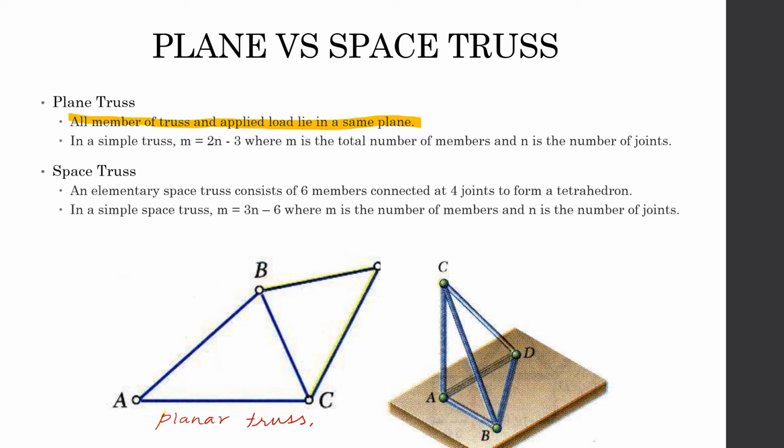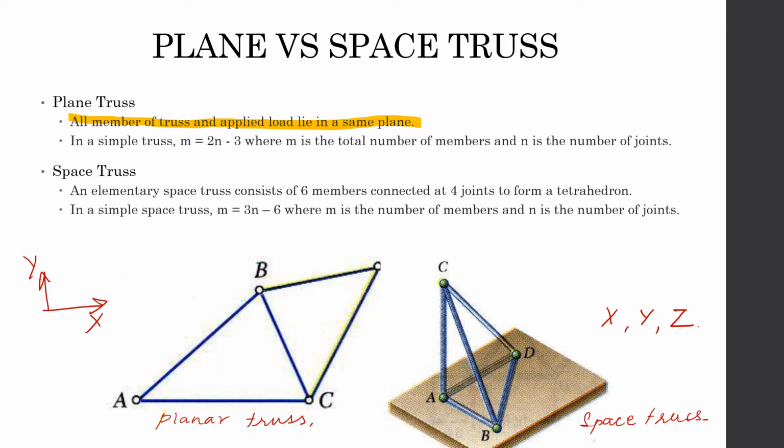And this is an example of a space truss. If I can tell you how to understand this very simply, it will be by understanding that a planar truss, you can measure it in two dimensions, x-axis and y-axis. And for a space truss, there will be three dimensions, x, y, and maybe z. So in a space truss,